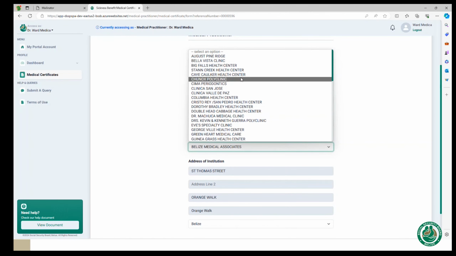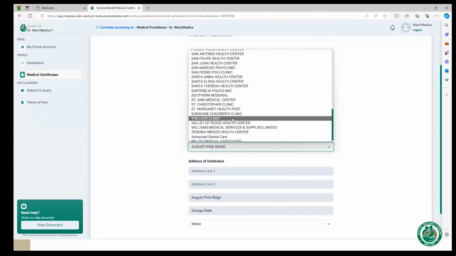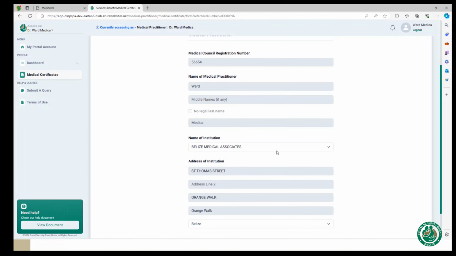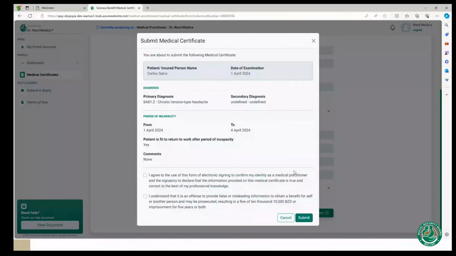And if you're working out of a different institution at that point in time, you simply need to select a different one. And the address for that institution as it is populated in the system will appear accordingly. Right, so I went back to medical associates,